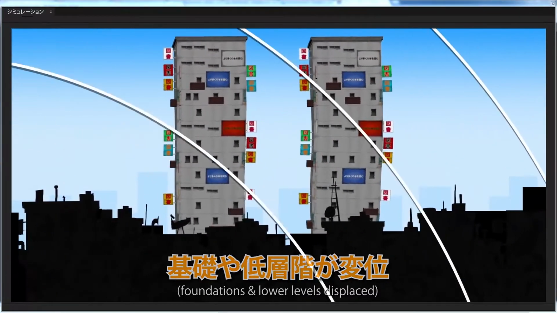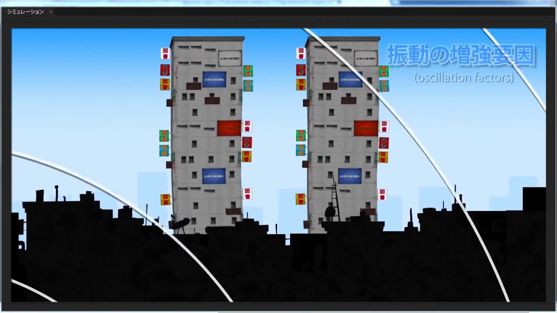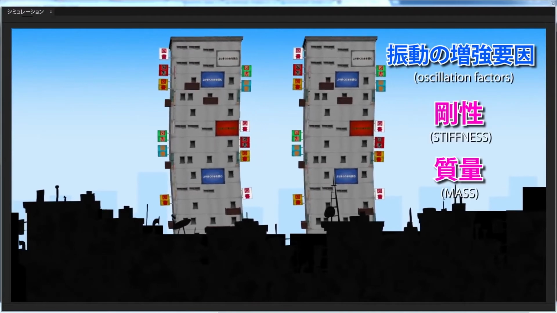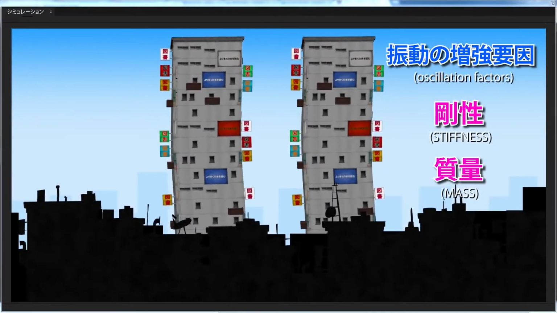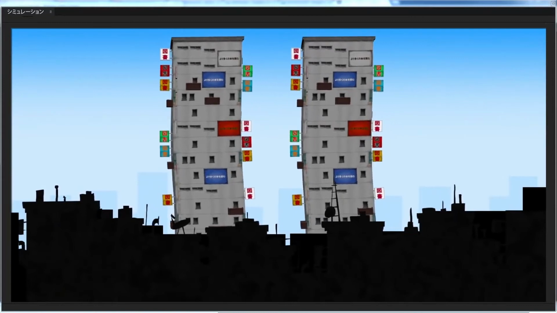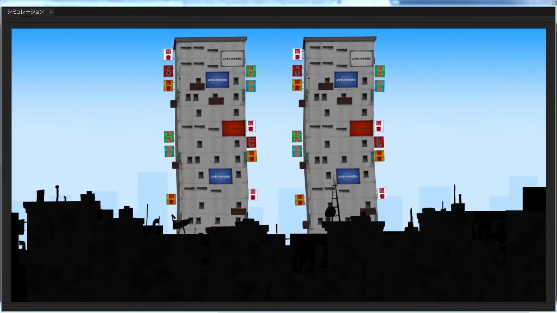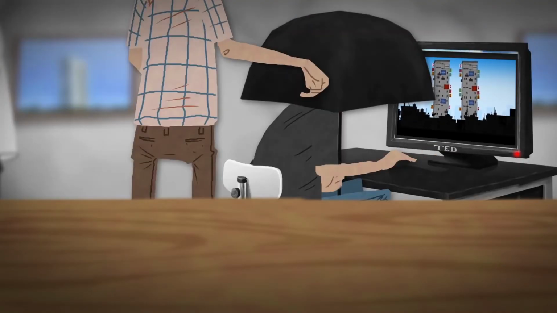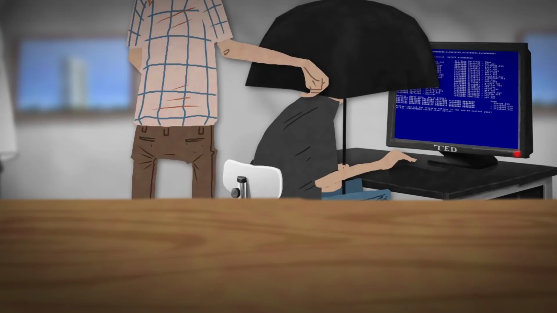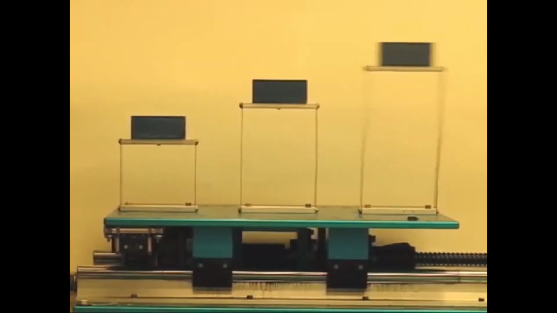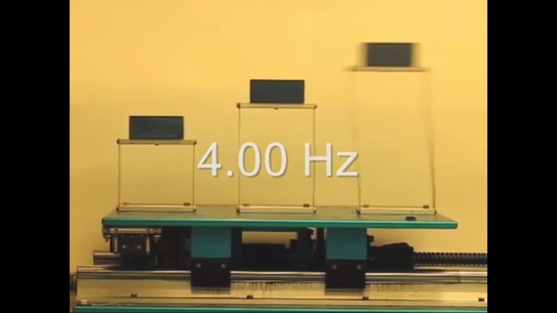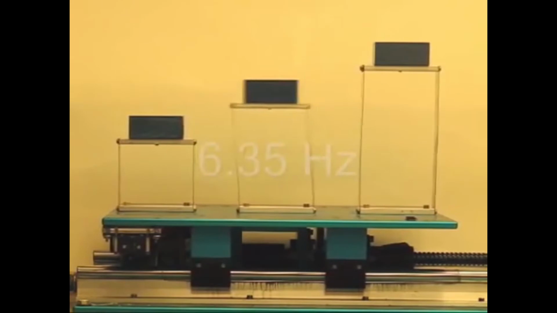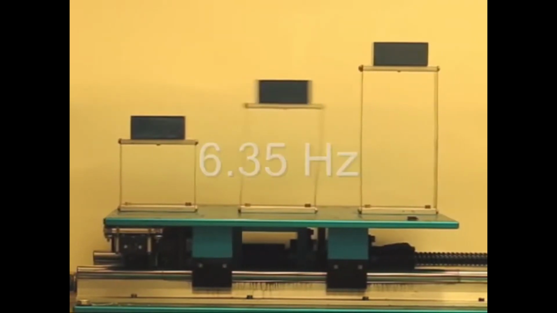The strength of this oscillation depends on two main factors: the building's mass, which is concentrated at the bottom, and its stiffness, which is the force required to cause a certain amount of displacement. Along with the building's material type and the shape of its columns, stiffness is largely a matter of height. Shorter buildings tend to be stiffer and shift less, while taller buildings are more flexible. You might think that the solution is to build shorter buildings so that they shift as little as possible.